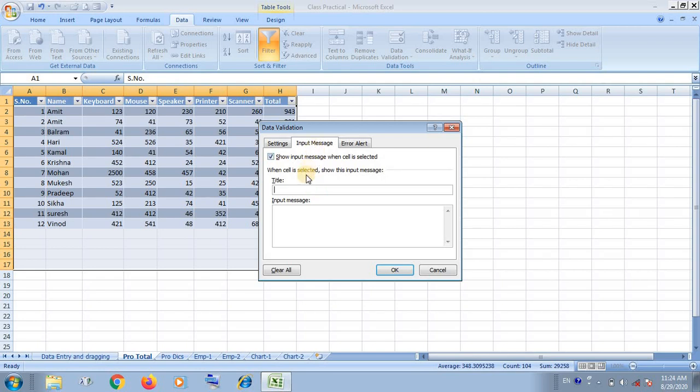You have to write the message for the user before entering. So now I am writing the title of the message.